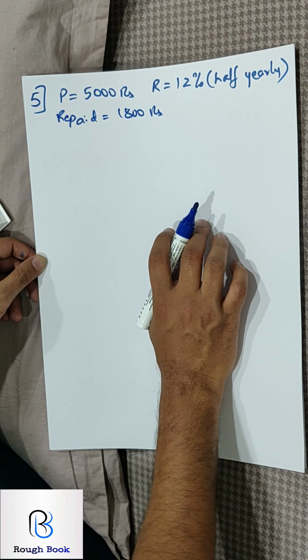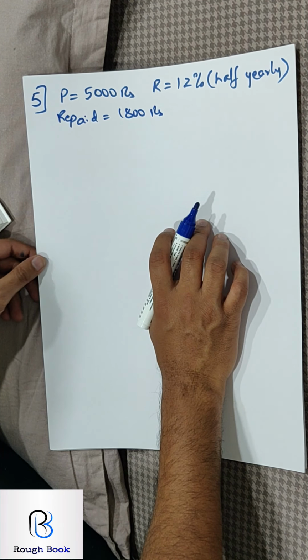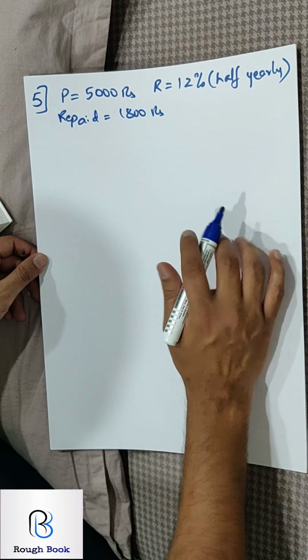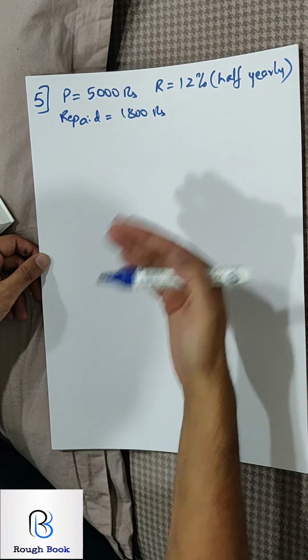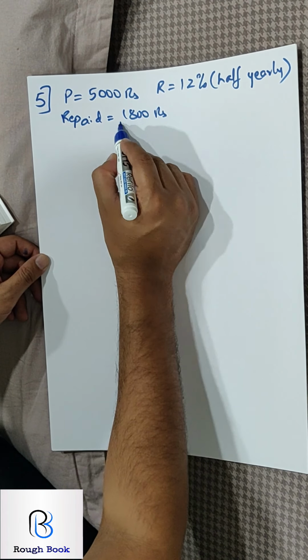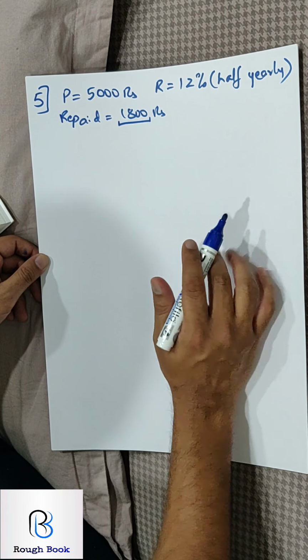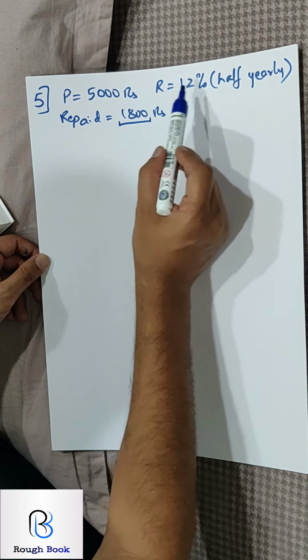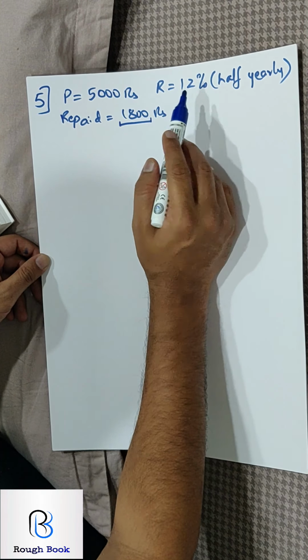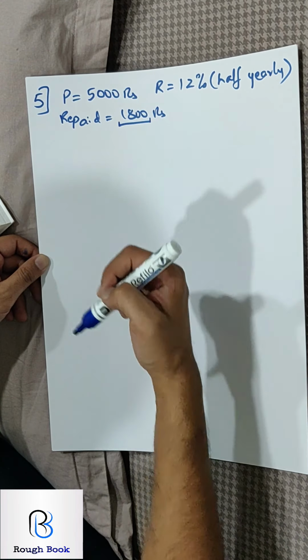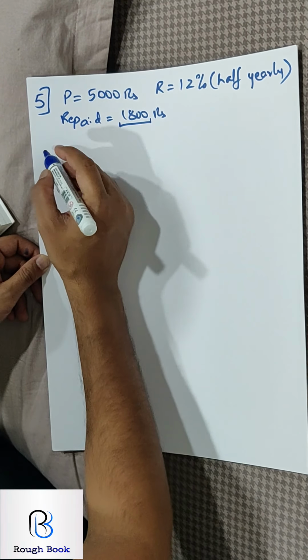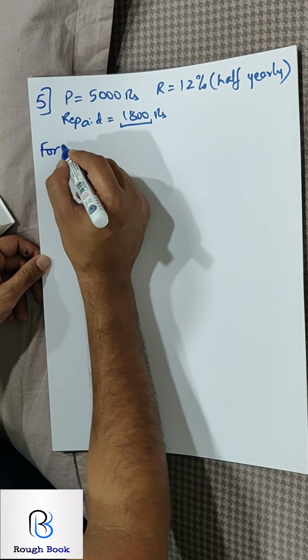Calculate the third payment he has to make at the end of 18 months in order to clear the entire loan. At the end of 3 cycles, that is 18 months, how much money is he liable to pay back if he is paying this much? So it's a very simple question. You start from the principal, calculate 12%, you get I1, add you get A1, subtract 1,800, you get P2. That's the only twist. I'll do the first year and then you can carry it forward.